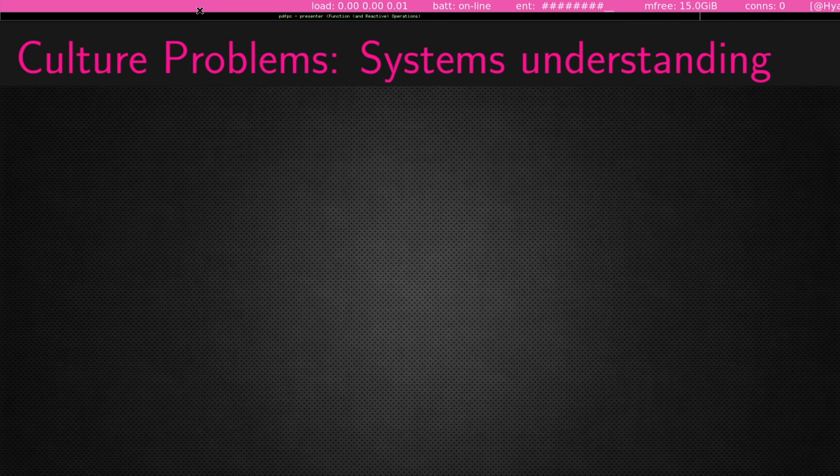And then systems understanding. This is a little bit of a culture problem. A problem that has been the root of many production system outages that I've seen over the last 6 years has been that the mental model that operations engineers have wasn't robust enough or based in reality as much as it could have been. There's a lot of FUD on the internet in terms of how Cassandra works, or this is what you do with Elasticsearch, and it's not clear to some people where they should place their trust.